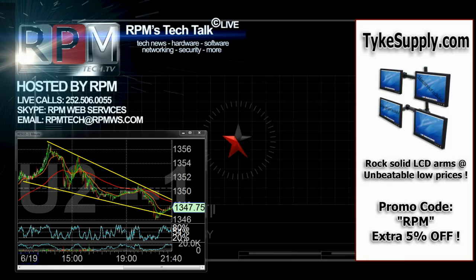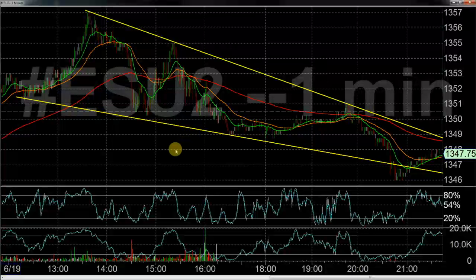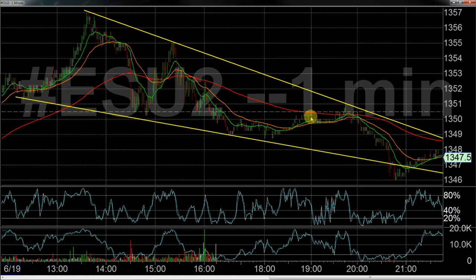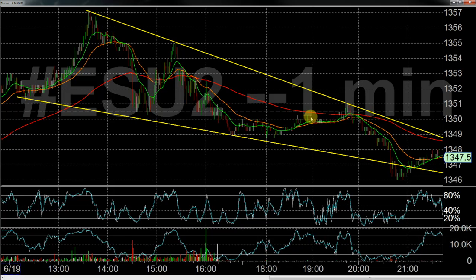By the way, Tomahawk, I want to mention here, the futures are at 1347. Do you remember, Tommy, when I was talking on the phone with you, investor, earlier, actually on Skype right after the market closed, or actually it's probably around 6 o'clock, I guess it was. Do you remember that we were riding right here in this area, and I had drawn this wedge in, and I asked Vester, I said, Vester, do you think we're going to go up and we're going to tag that trend line, which I already had in there,